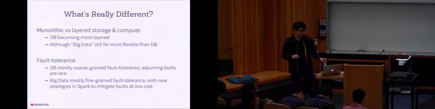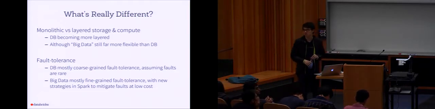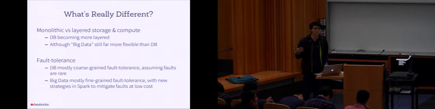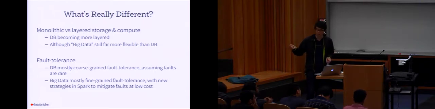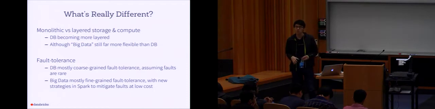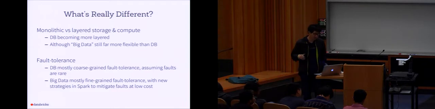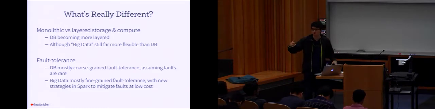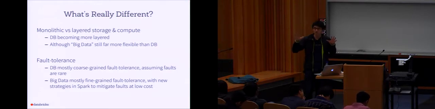In terms of fault tolerance, databases didn't really have the need because you only have tens of nodes and queries run in minutes. It's extremely rare for something to fail. So databases were just employing coarse-grained fault tolerance. And then the big data stack was in the beginning doing very fine-grained fault tolerance, very expensive checkpointing. But frameworks like Spark are actually trying to combine both ways of handling fault tolerance from databases and big data. So in a way, the big data ecosystem is now also going more towards the database.